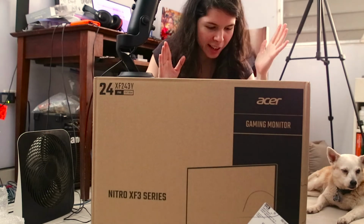So let's put this aside and open up the last product, which is this. But let me try not to lose these parts. All right, so the last curtain or box is actually a monitor. And I'm extremely excited about this because I've been needing this for years. This right here is the Acer